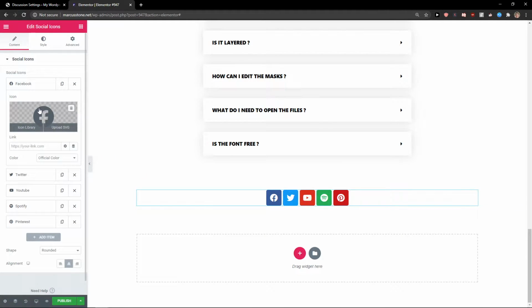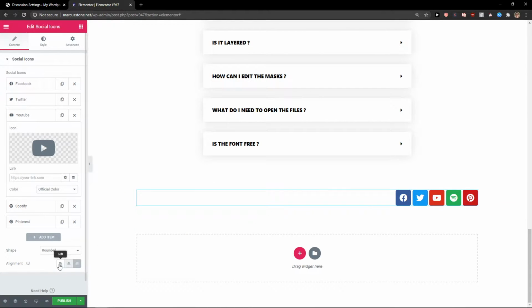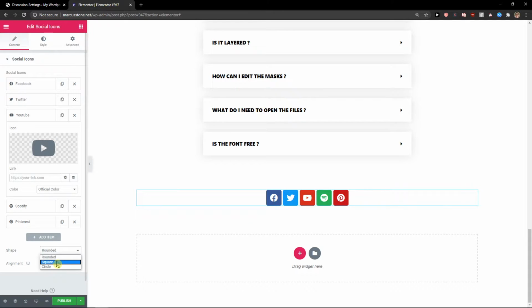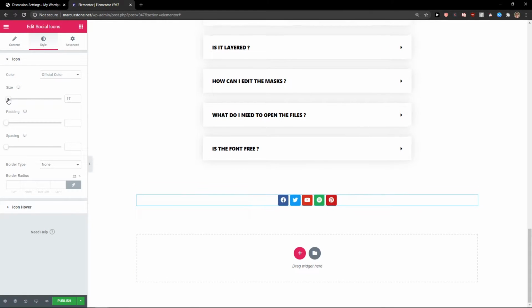Then you can easily delete those and just link it to your Facebook account, Twitter to your Twitter account. That's pretty logical and simple, right? And YouTube. Then you can also change the alignment where you want to have it, and change the shape, the circle or rounded. When you go to style, you can see you can change the size of it if you want to,